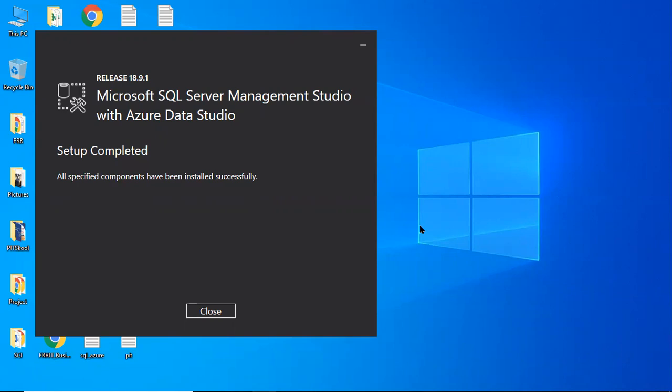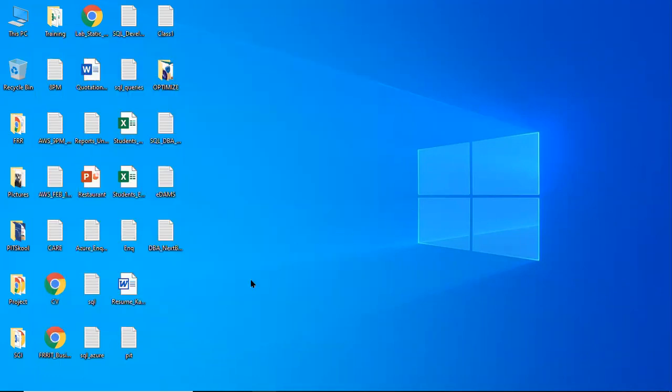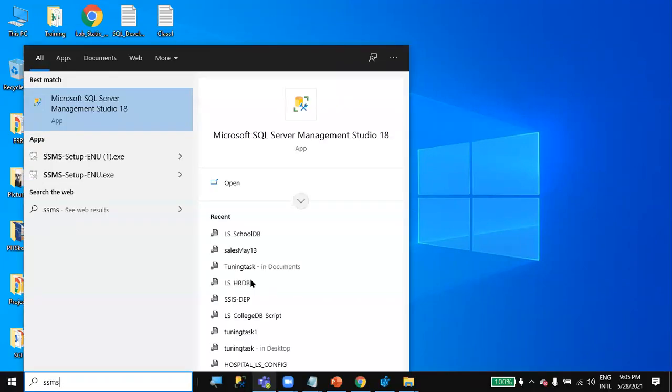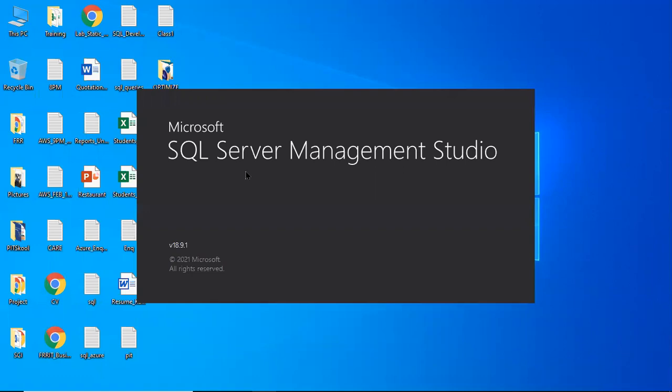Yes. Check here, installation is done successfully. Okay, right. Now we can connect. Close this. Type SSMS. It will show us SSMS 18.9.1 something here, which SSMS we have installed.